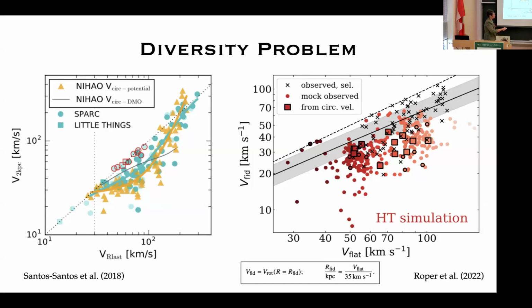And I will point out that they have redefined the inner value. So what they do is they take the outermost rotation curve divided by 35. That gives you an inner radius at which you measure the inner velocity. So really all it does is it scales with the mass of the galaxy, right? So if you're smaller, you measure a little closer in. And when they did this, it's a really nice example actually, where they ran these simulations and they made mock HI data of all of these galaxies.